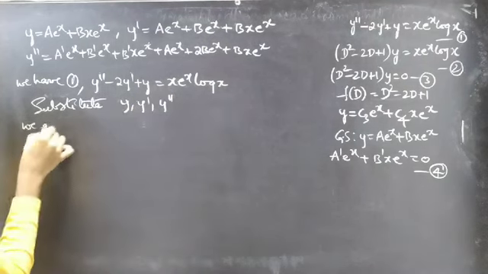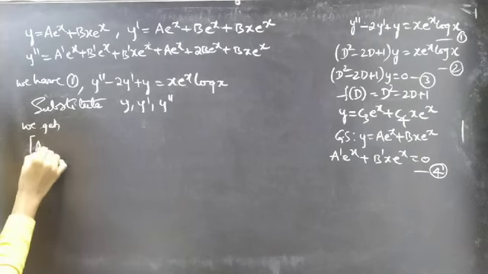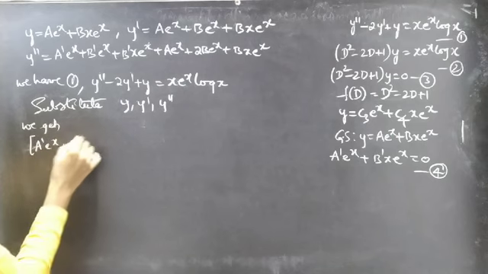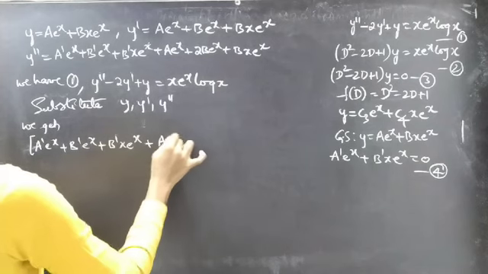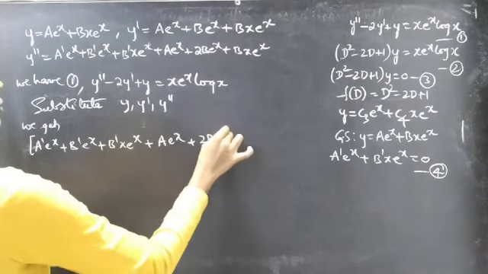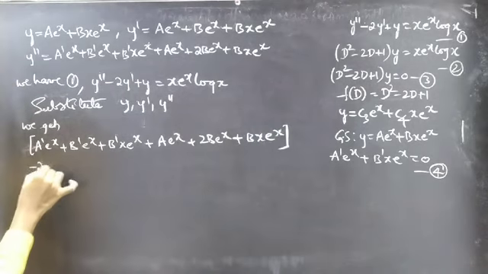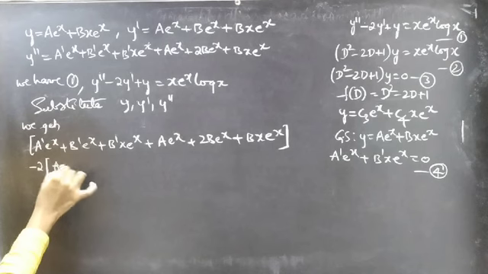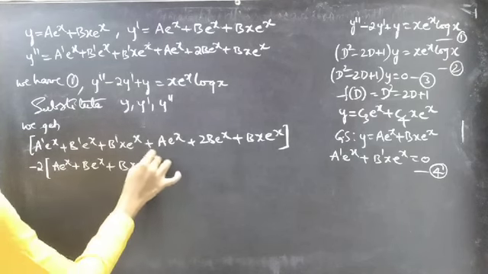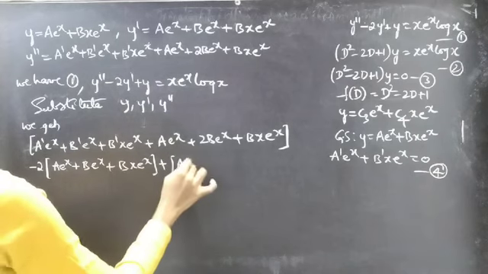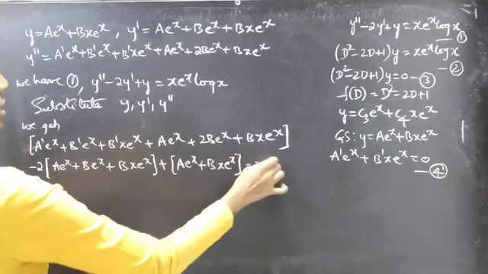We get y double dash, which is a dash e power x plus b dash e power x plus b dash x e power x plus a e power x plus 2b e power x plus bx e power x, minus 2 times y dash, which is a e power x plus b e power x plus bx e power x, plus y, which is a e power x plus bx e power x, equals x e power x